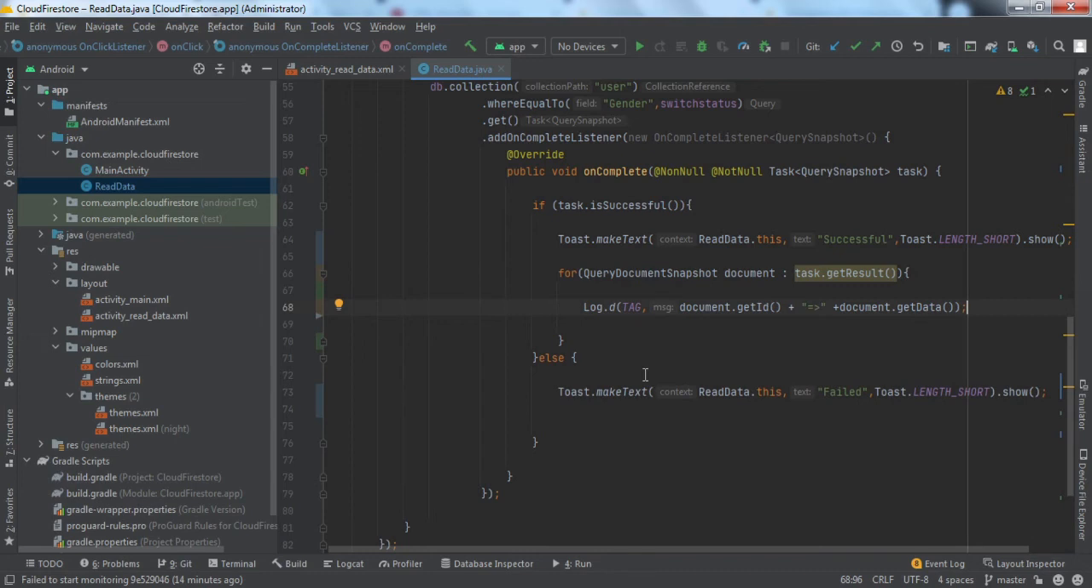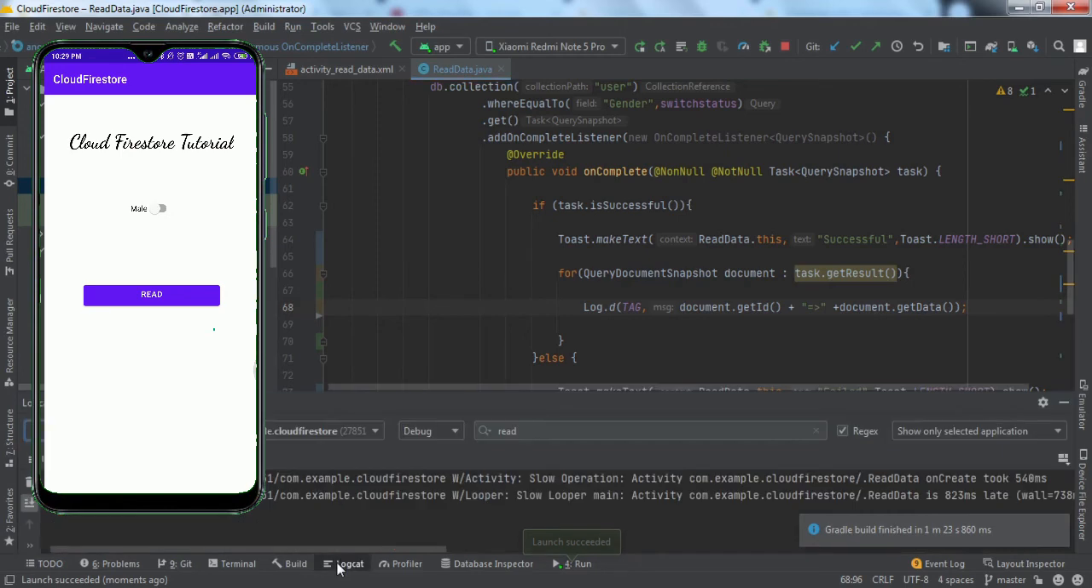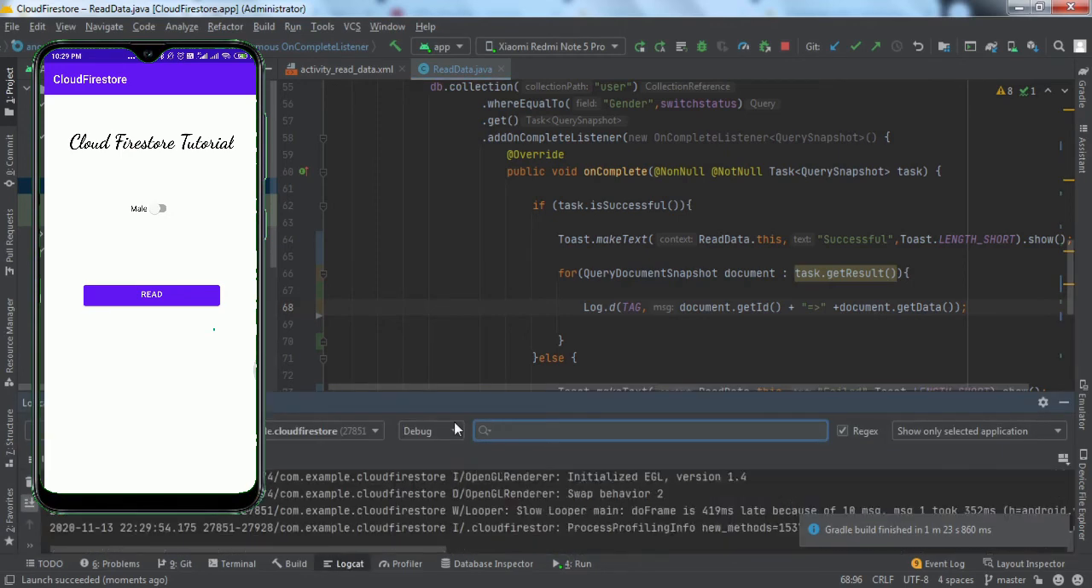Now I'll quickly install this app onto my cell phone, then we'll check if the code is working or not. Okay guys, the app has been installed on my cell phone, as you can see on your screen. Now let me open the logcat. I'll just delete this. Now first we'll read the data where the filter will be male, because I have not checked this. Once I check this, the filter will be female. So if I click on the read button,